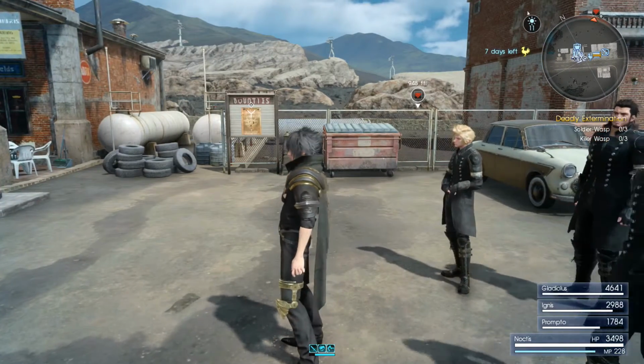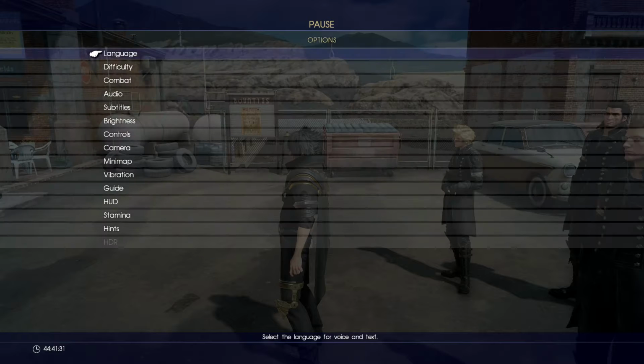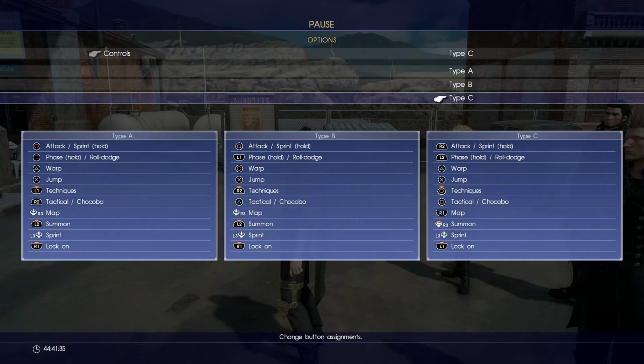Now my second tip is to change your controls. Now you're going to want to navigate back to options again, go to controls and change it to type C. I think type C is definitely the best out of these. I wish there was a way to actually manually map your controls, but since that's not present in the game, type C is the best option that we currently have, because it actually gives you the triggers to attack and